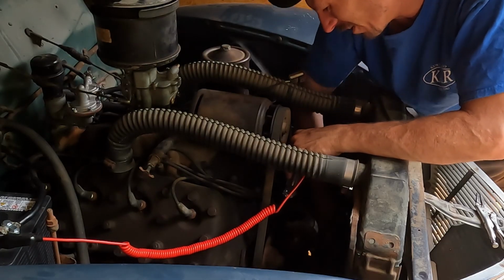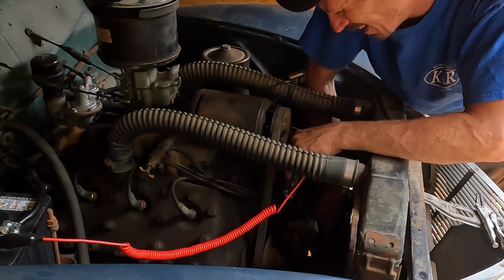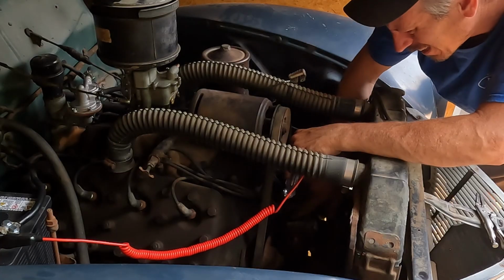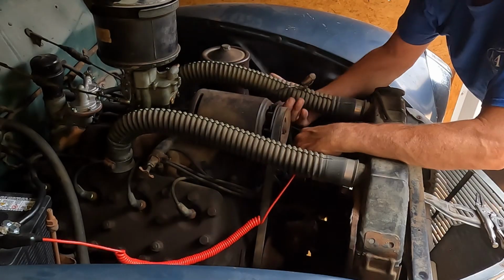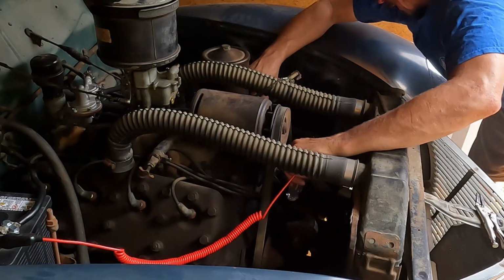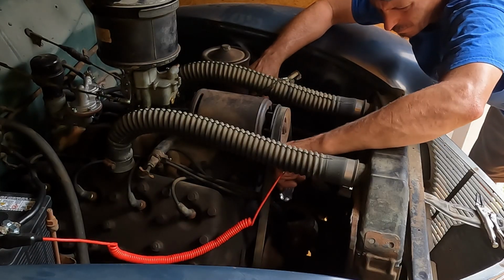I just got a faint one right there when I reach down inside and touch the point. Might be my ignition point screwed up. That coil might not be bad. It might just be my points quit working, which I never had the distributor perfect anyway, but I am getting